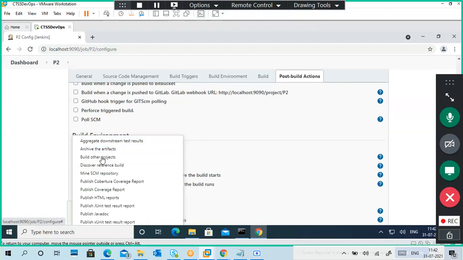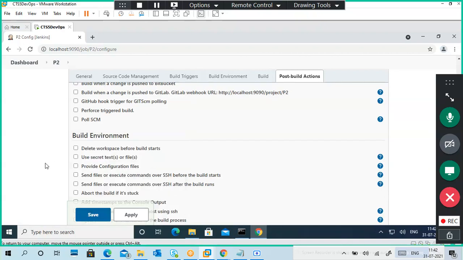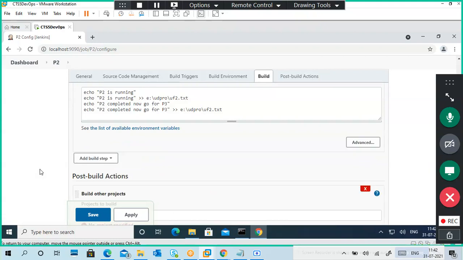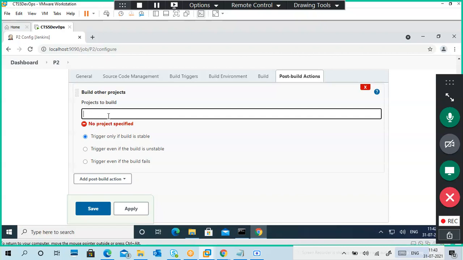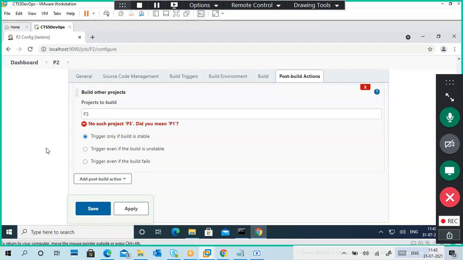Build another project, P3. Okay, this is P2 project. If succeeded, go for P3. I'm going for only P1, P2, P3 only.